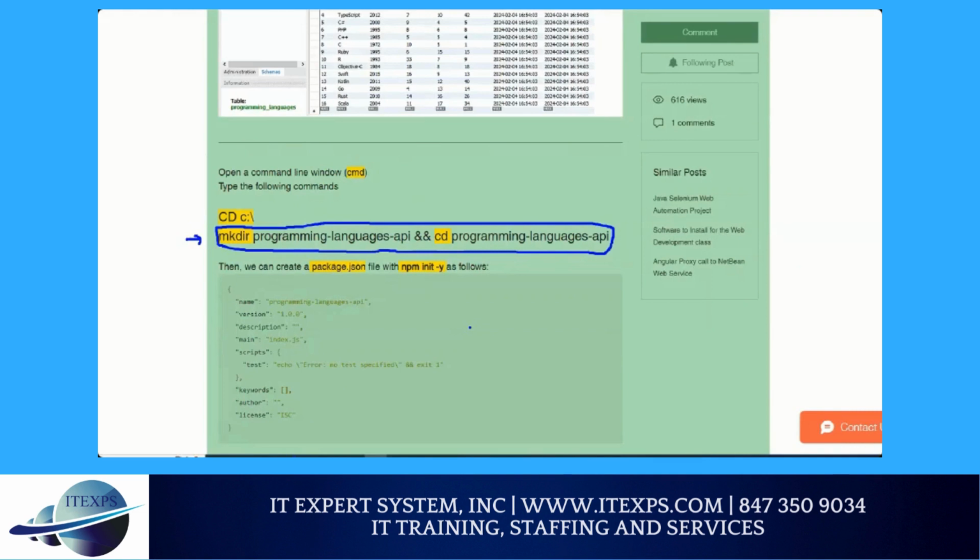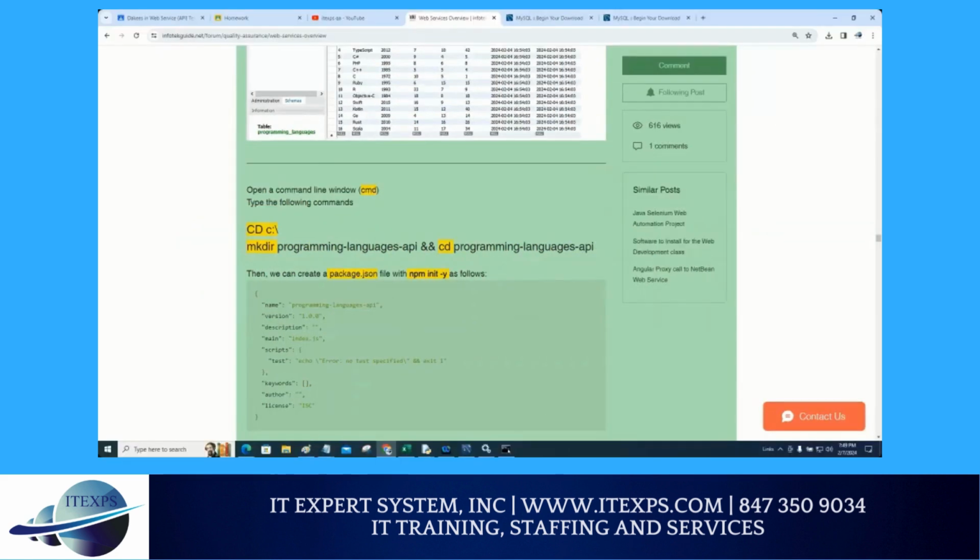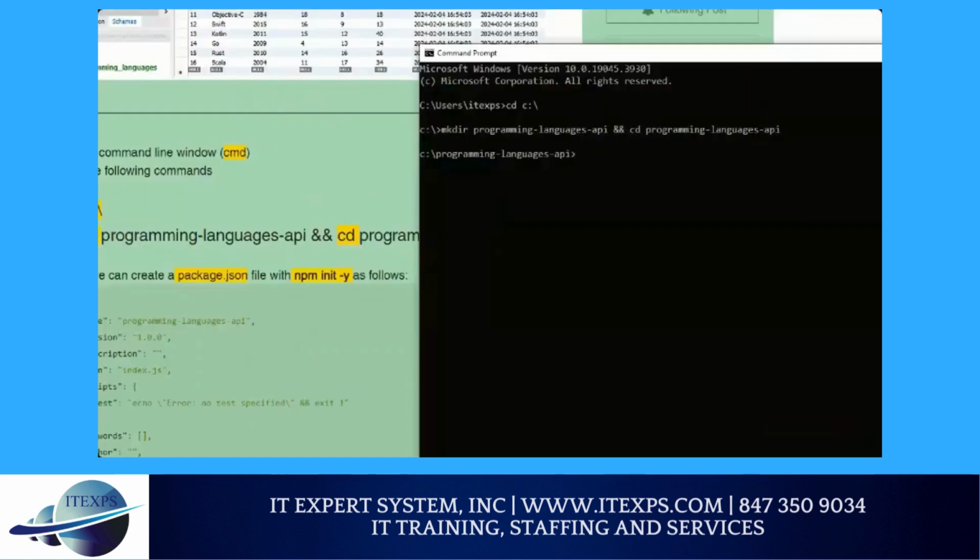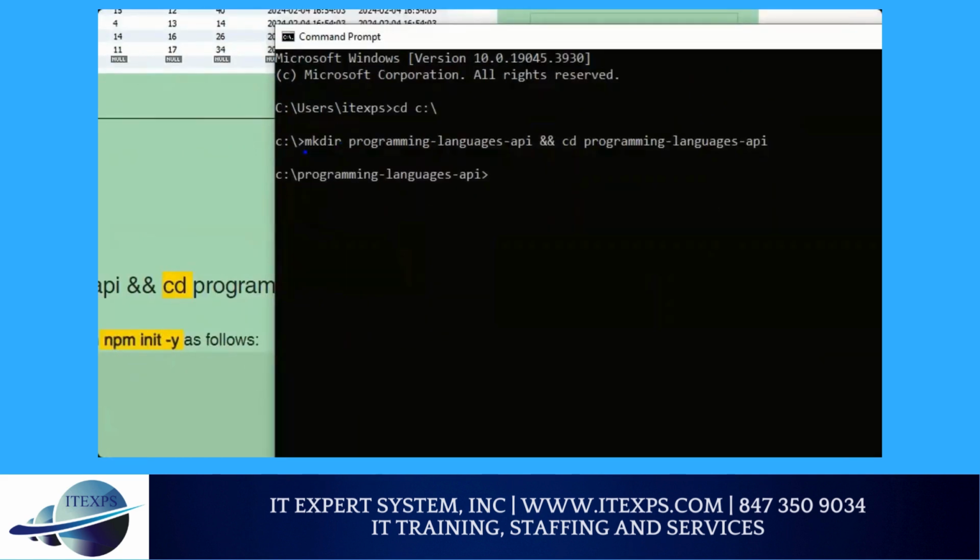Thank you. Yeah. So this is the command. Make directory will create a directory, and then cd will take you to the directory. And you all will be here, because if you write the command exactly, you get the result exactly, right? This is the command, right? So I'm here. So now